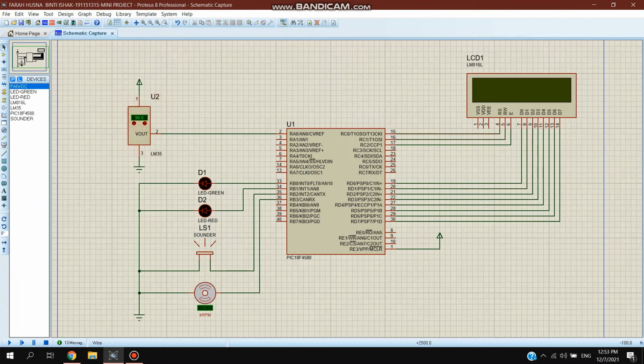So this is the circuit connection for our mini project. The devices that we use are the DC fan, which functions to cool the engine system; the green LED that will turn on when the temperature is stable; the red LED that will turn on when the temperature is high. Then we use the LCD